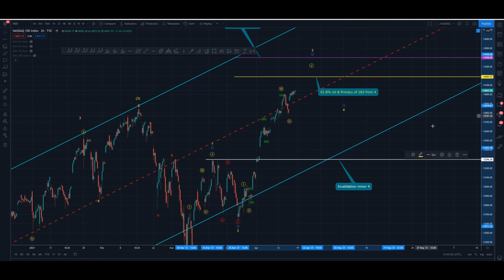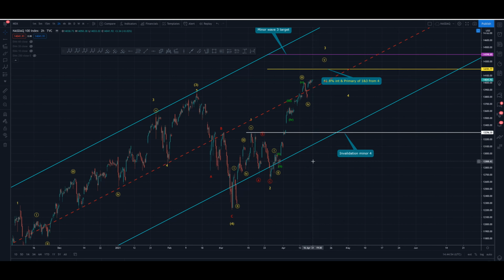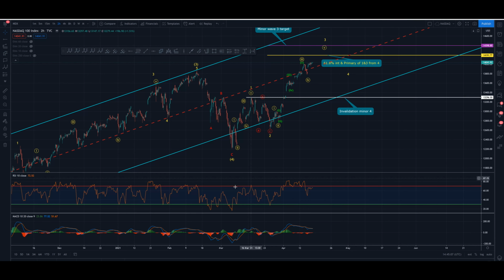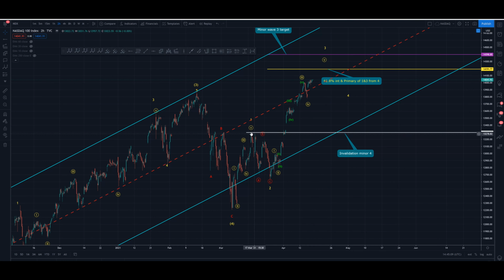Now, we won't be sure unless we see an invalidation of minor wave 4. So this would be the top of the wave 1. Now you could get quite a deep wave 4, which comes down somewhere to here before going back up, but we can't go beyond this point. Okay, we can't go beyond this point here at